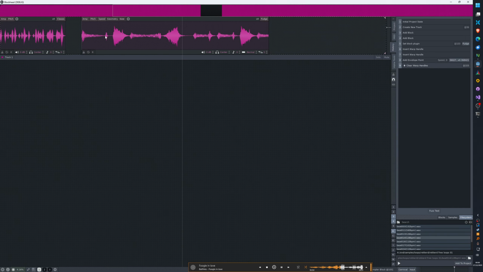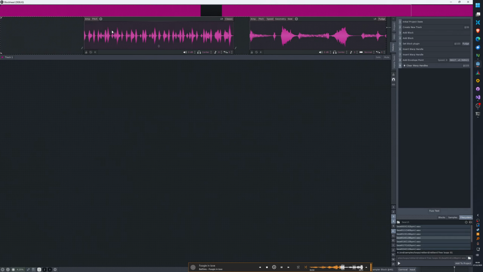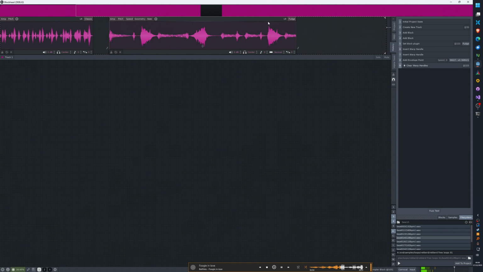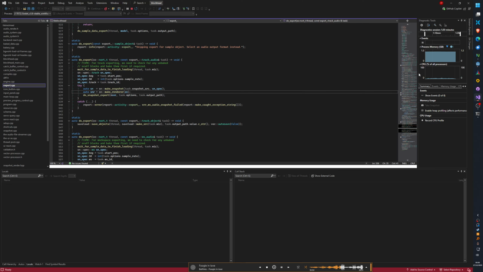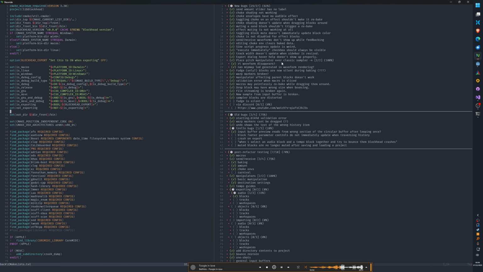How do I clear warp markers? It's not respecting warp markers, I guess. Okay, warp markers are just being ignored, so that's a new one.